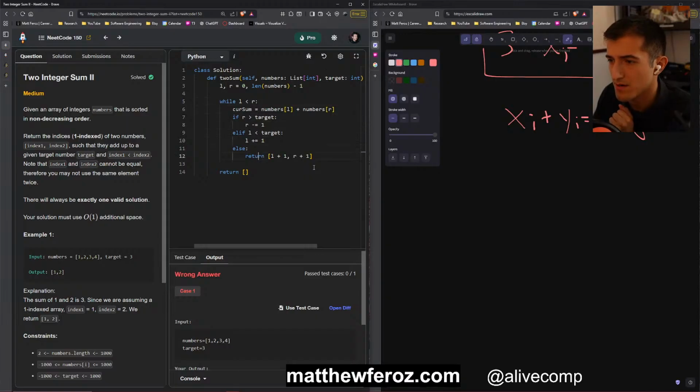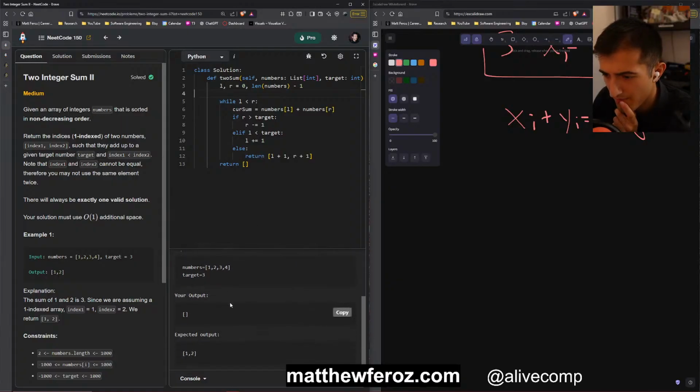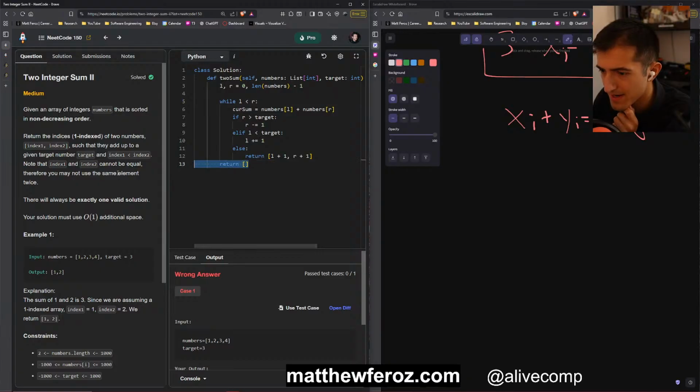Numbers L plus numbers R. So it's just exiting out of this loop and not finishing.